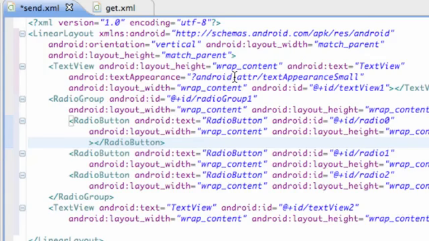And we're going to change this text, the first text view, to say something like Travis is... and then we're going to change the ID of this top text view. We're going to say text view question, something like that. Then for this radio group, we're going to say radio group RG answers, and then